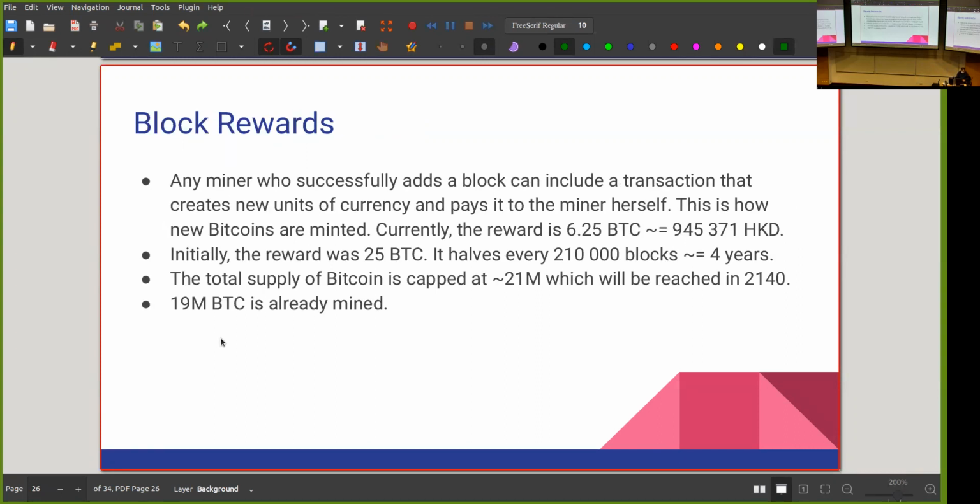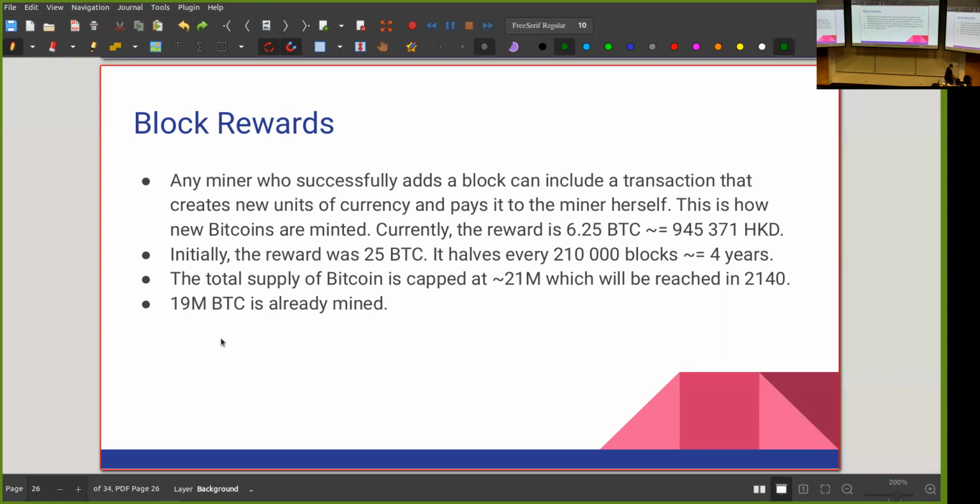And here's the really nice solution that was given in the Bitcoin paper originally in 2008. And the idea is that you reward the miners for their work. But how do you reward them? You reward them by creating new units of currency and giving these new units of currency to your miners. So you solve two problems at the same time. You solve the problem of where currency comes from, because you now have a way of creating new units. You have a way of printing money, basically. And you also solve the problem of incentivizing the miners to actually do the work that takes so much energy.